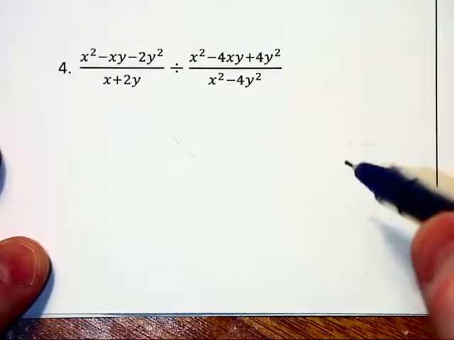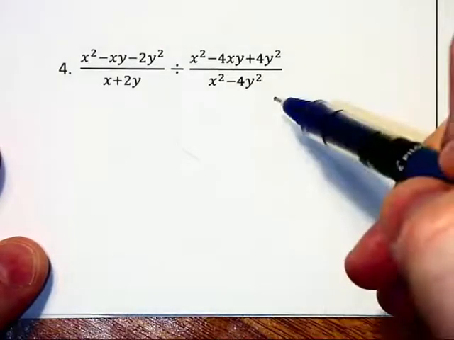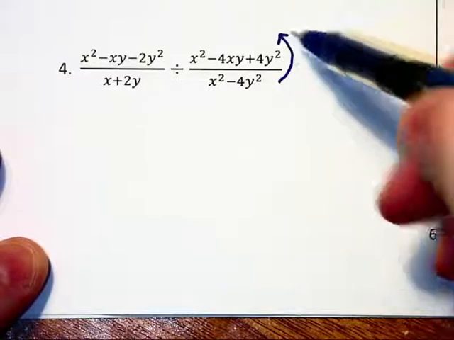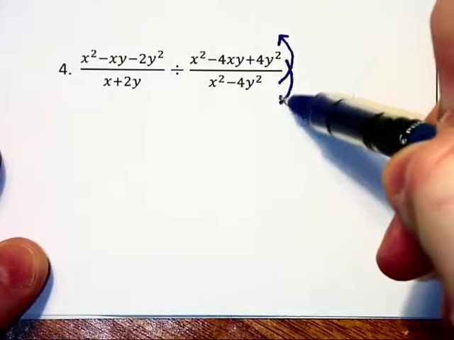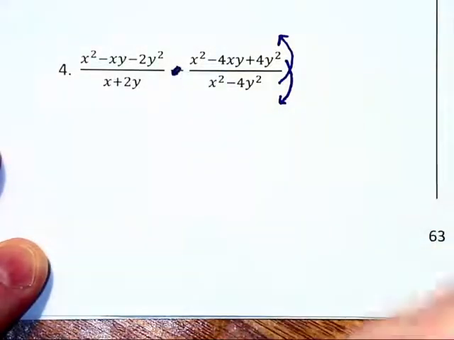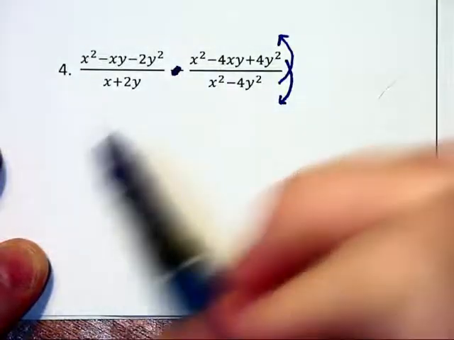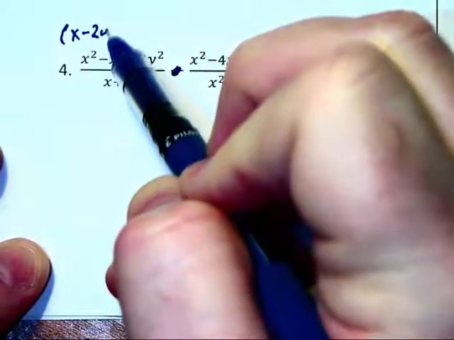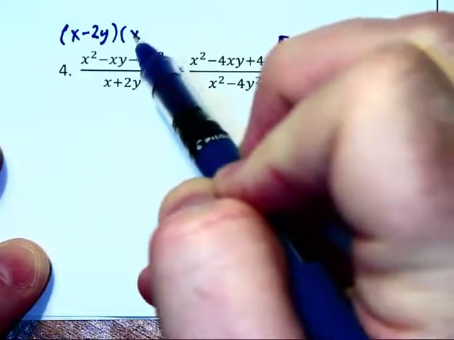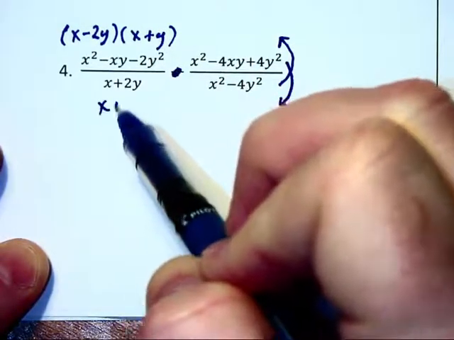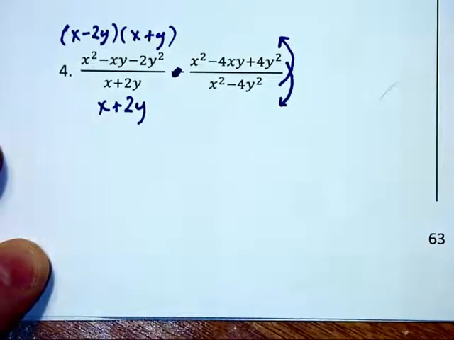Number 4 is a division problem, and rather than rewrite the whole problem over again, what I like to do is, when I factor, switch places with the numerator into the denominator and switch this to a big multiplication sign. Now I can factor the top left into x minus 2y times x plus y. There will be no change in the bottom left corner. Keep that, x plus 2y. In the top right